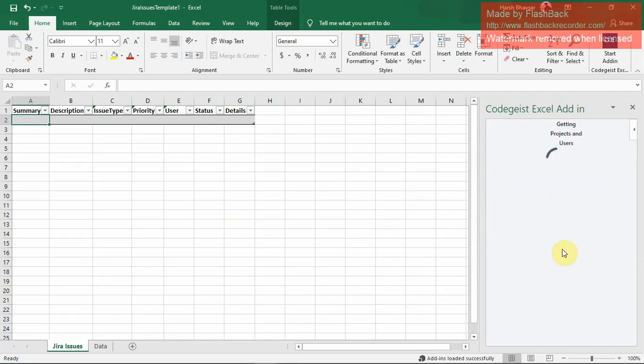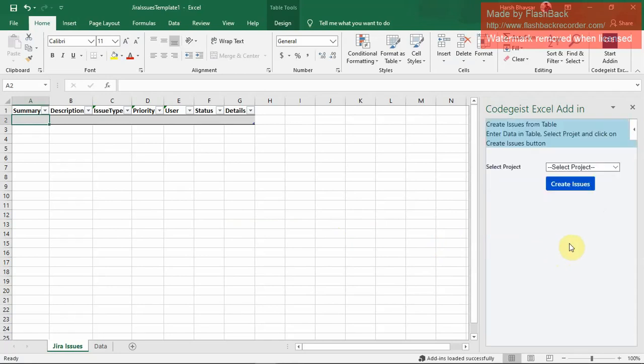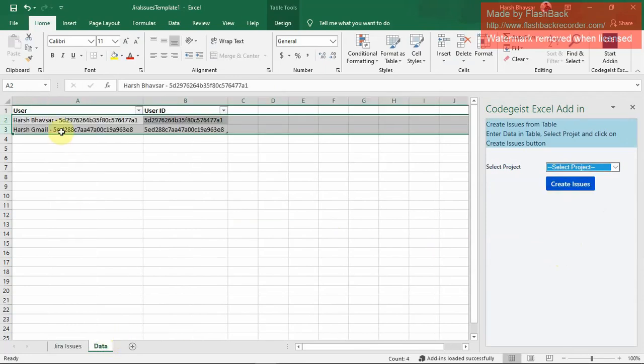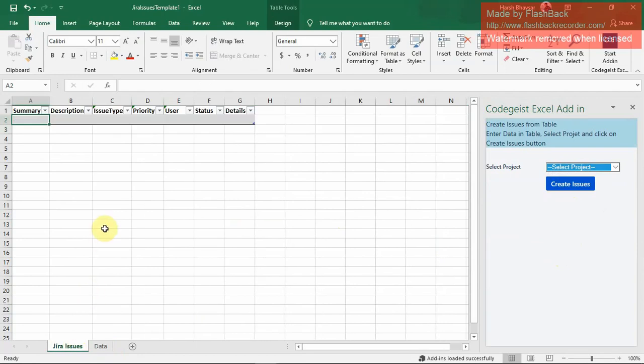This will get projects and users from your Atlassian account. It will bind all the projects in this drop down and all the users in the user table. Now enter the issue that you want to create in this row. For summary and description, it will be a single line of text.